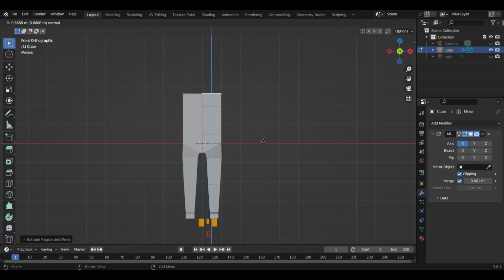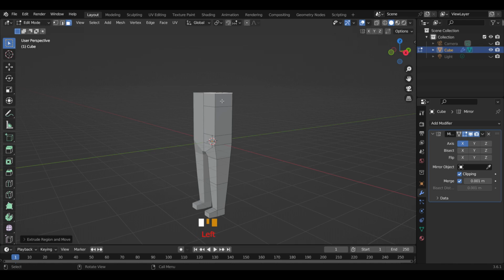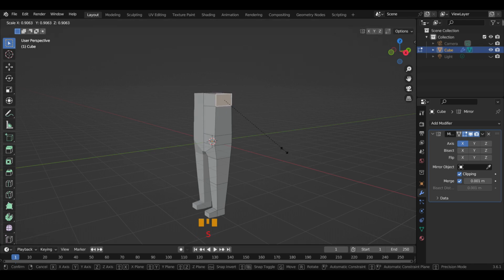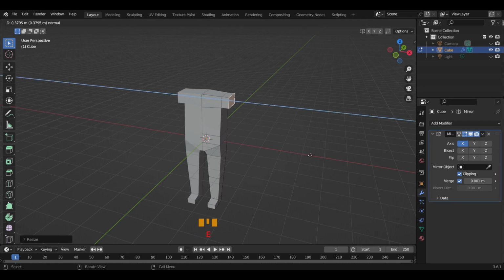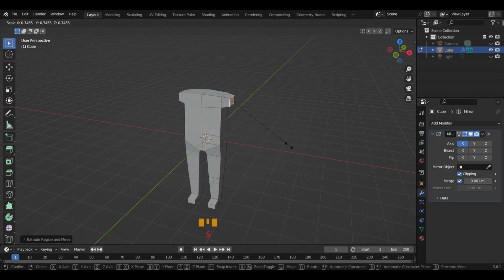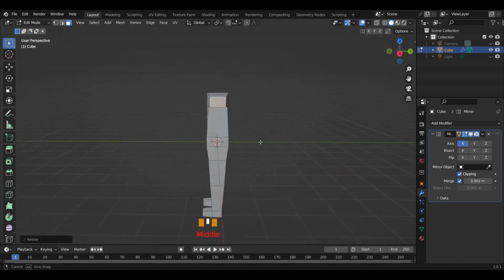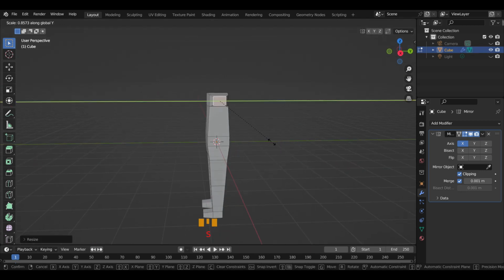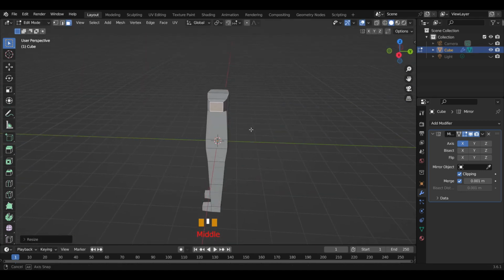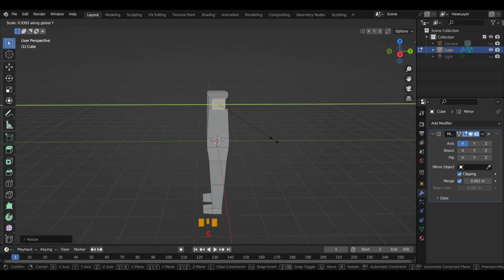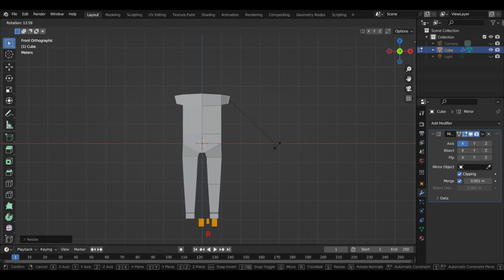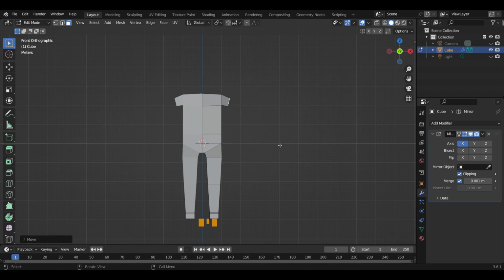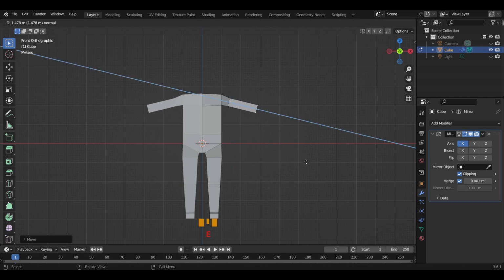extrude again, select this face and scale down a little bit, again extrude and scale down, again scale for Y direction, a little bit more scale in Y direction like this. Now rotate and extrude. Now this way, extrude